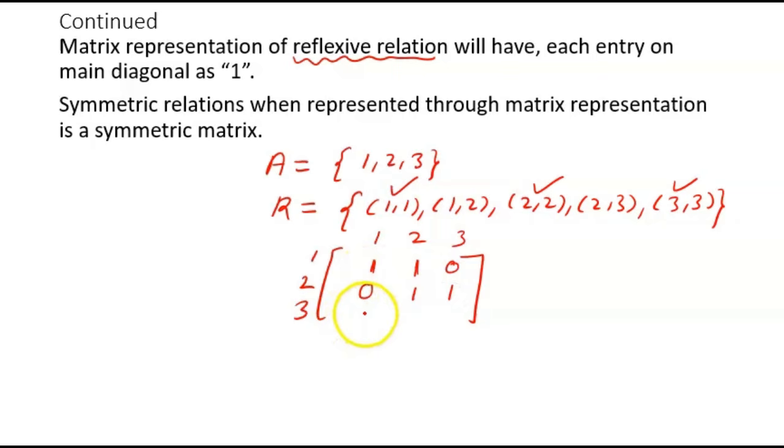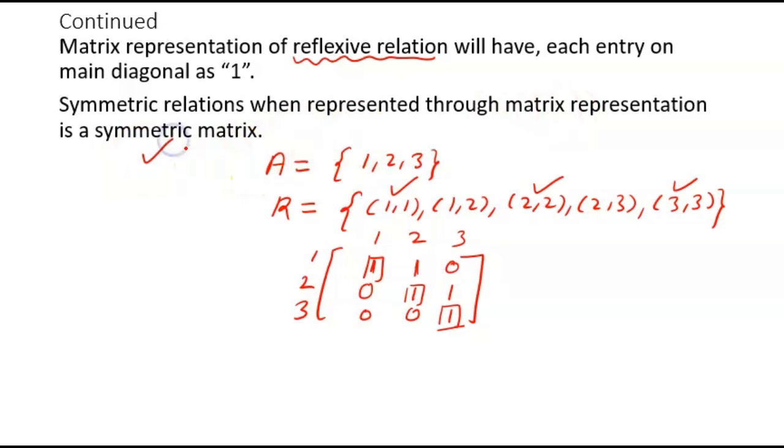And here 3, 1 is not there, 3, 2 is not there, and 3, 3 is there. So you can see that along the main diagonal, this element is 1, this element is also 1, and this element is also 1. So when we have a reflexive relation, its matrix representation will have 1 along the main diagonal, right? And if I have a symmetric relation, when I represent the symmetric relation through the matrix it will be